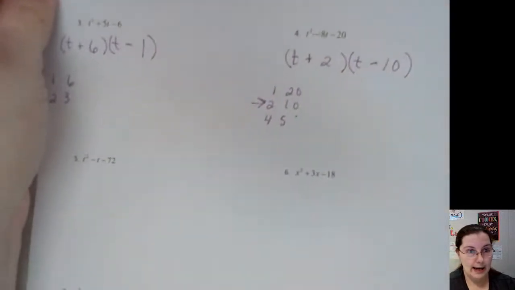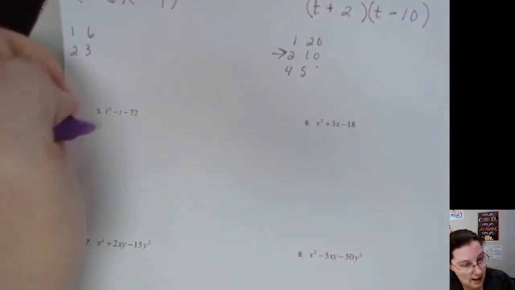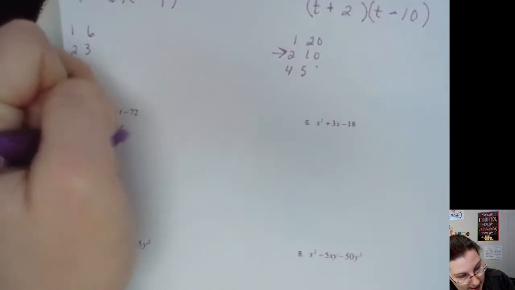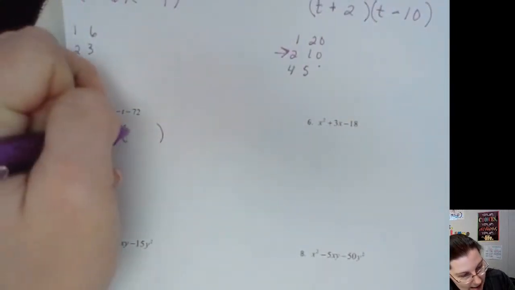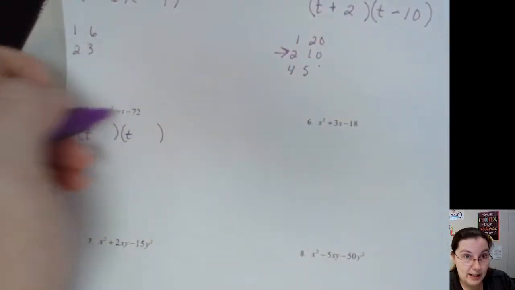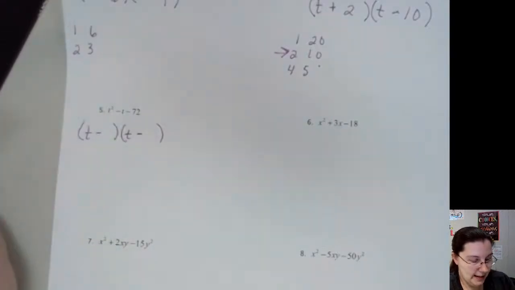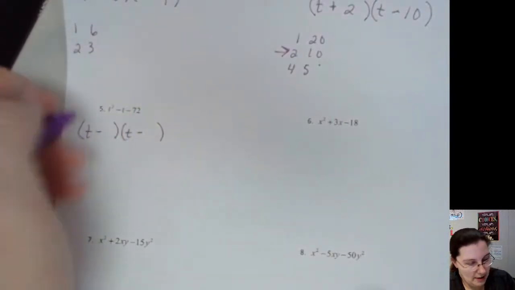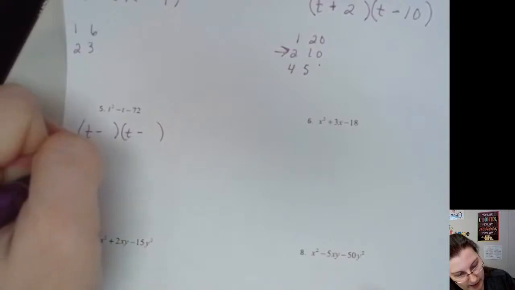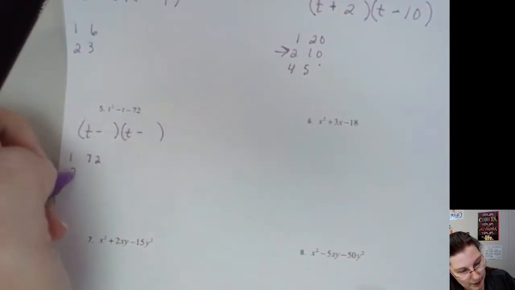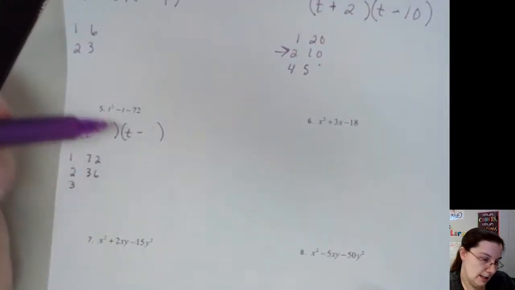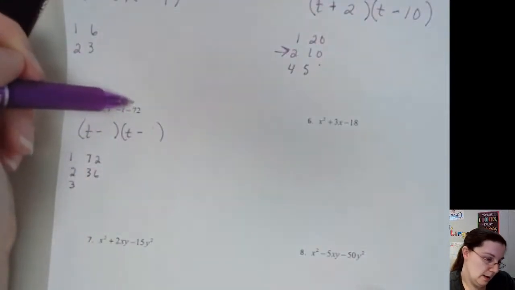All right, looking at our next one. Again, I'm going to set up these parentheses. So I have my t's. I have a negative, so I'm going to make it a negative and a negative. And so let's see what my factors are. I know 1 and 72, 2 and 36, 3 and, let's see here, that's going to be 2 and 4,